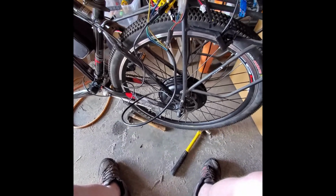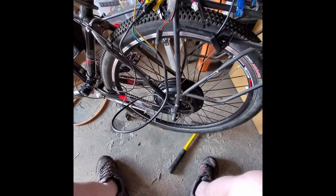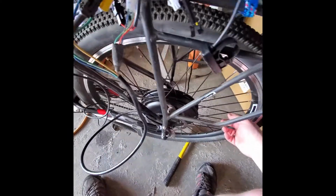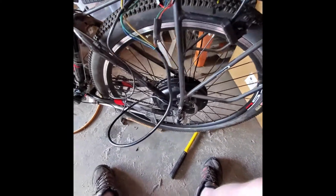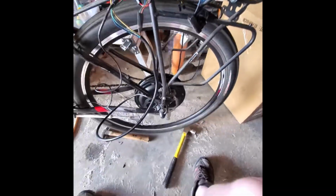So I'm gonna get it put together and ride it for a while today or this weekend and see what happens. But you know, it'll turn good this time. But then the next time it binds, right? So anyway,